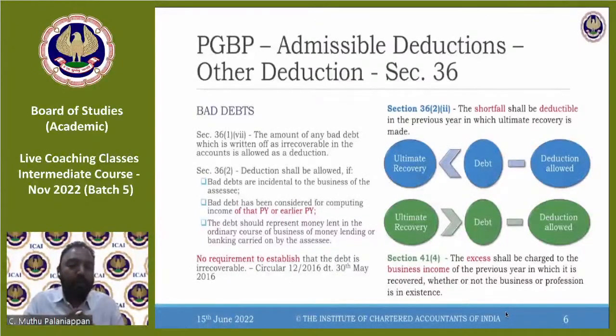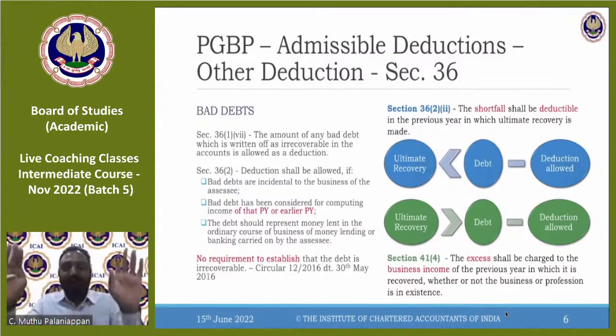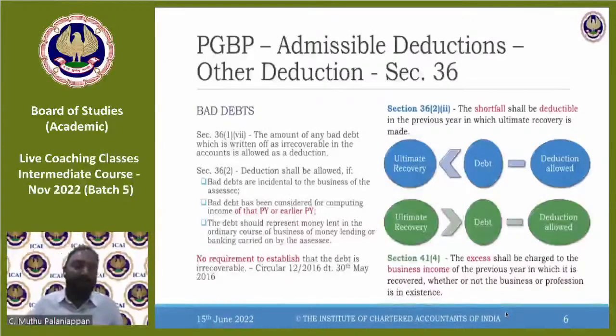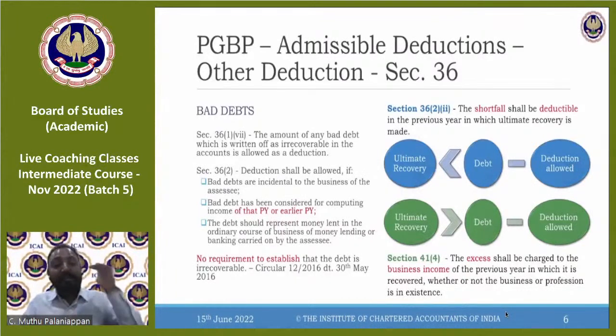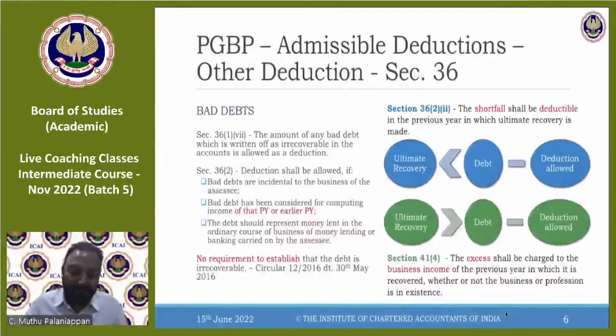You have all come across this in your 12th standard public exam. You would have all studied these bad debts, how to account, what will be the entry for provision for bad and doubtful debts, what will be the accounting entry for bad debts. All that you would have prepared. It will be at your fingertips right now. What I am going to tell you is from the income tax angle. From the income tax angle, what do you do when it is bad debts?